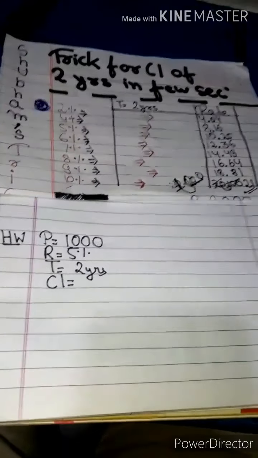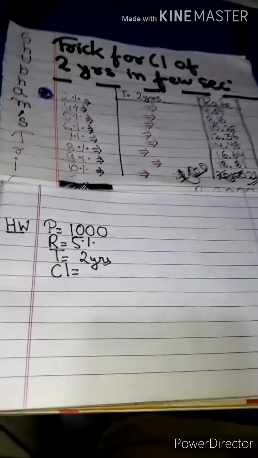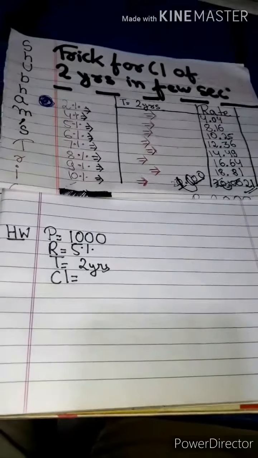If not, then rewind the video and see it again. You will understand it the first time, I know it. Then solve the questions. It is very easy to solve. Now see, the principal is 5,000, time is 2 years, rate is 9%. From the formula of SI we will solve the question.